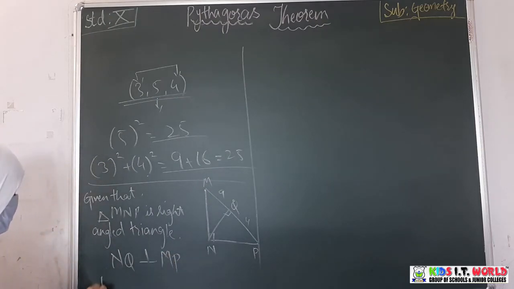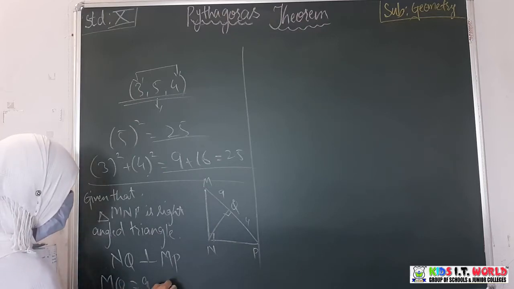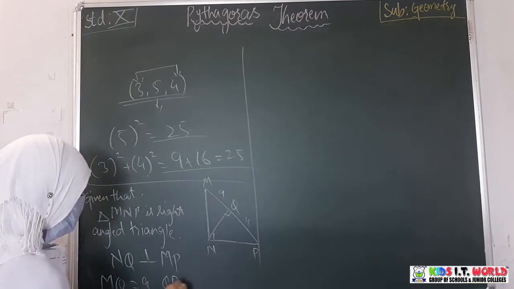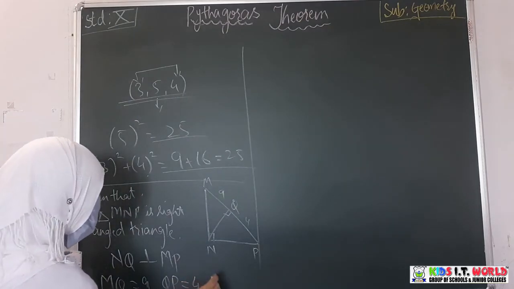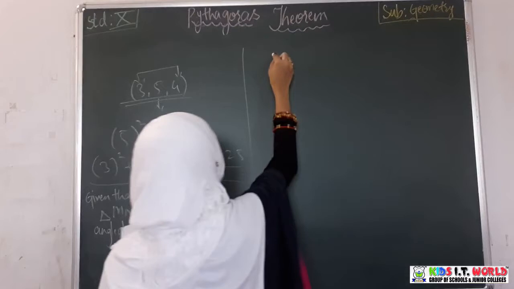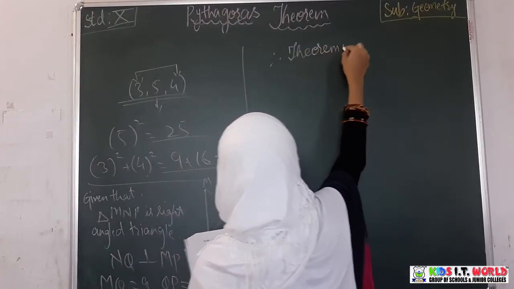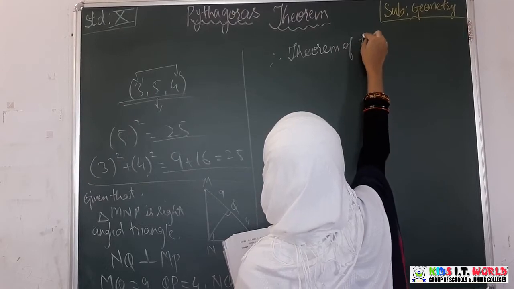Also, MQ is equal to 9 and QP is equal to 4. We have to find NQ. Therefore, by the theorem of geometric mean,